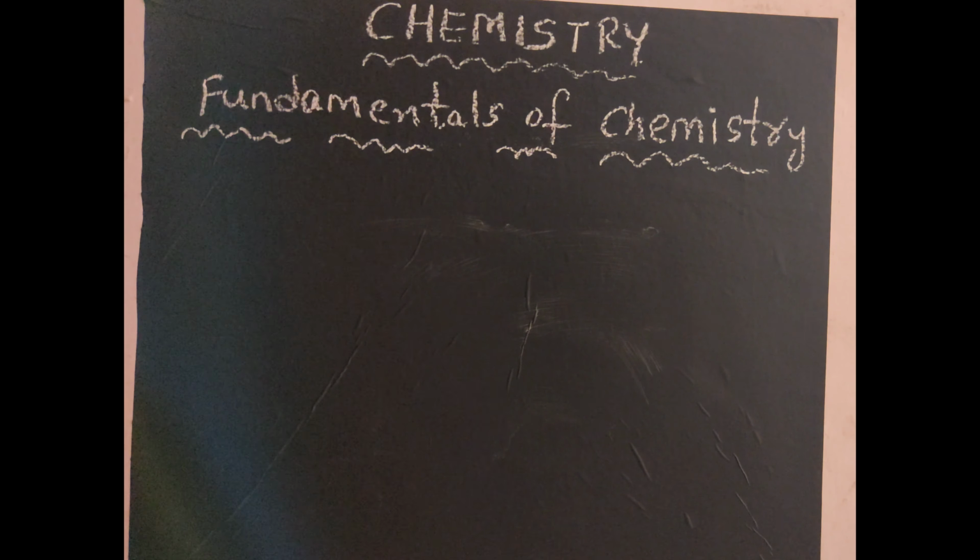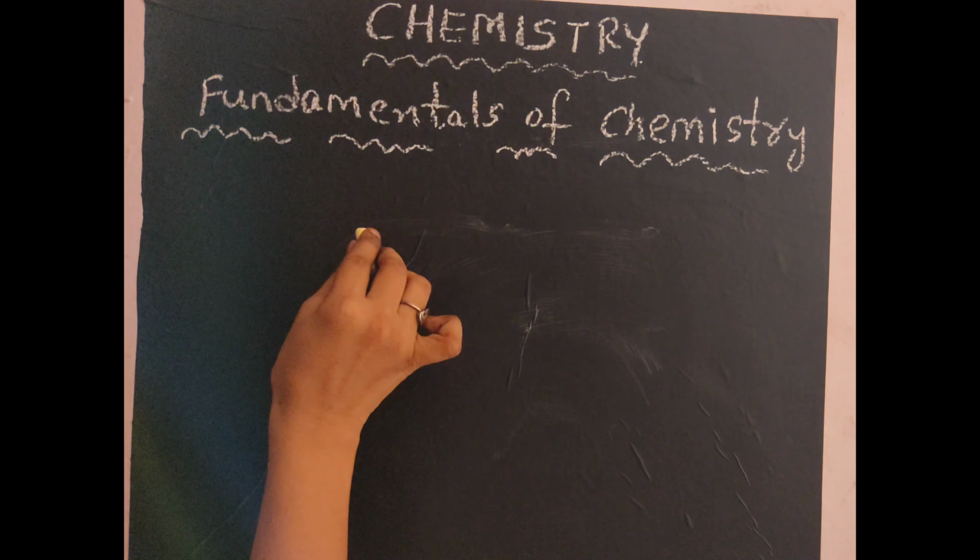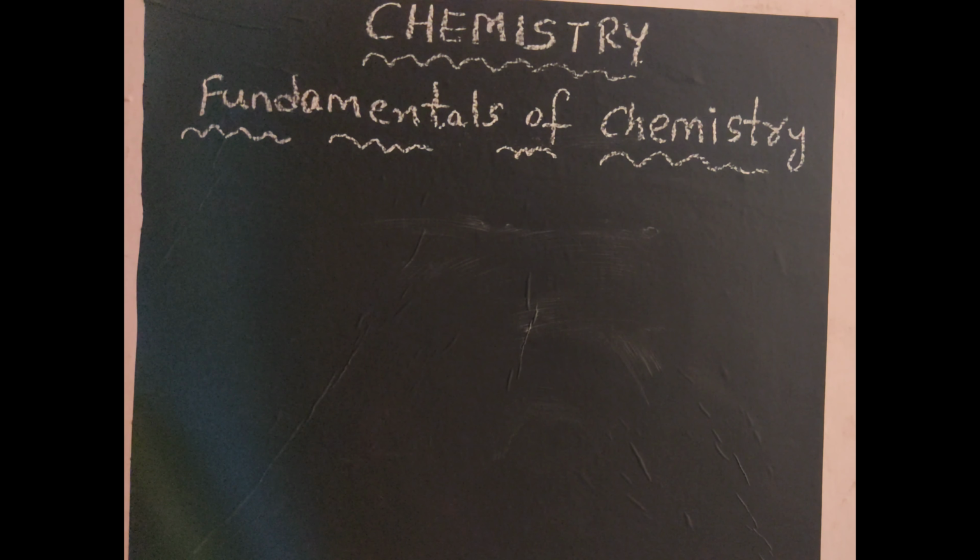First of all, what is chemistry and why do we have to learn about it? Chemistry is not only a school subject, it's an everyday life science. That means you can observe chemistry everywhere around yourself. For example, if you are eating food, what is it made of? It will not come directly from the field to the plate, right? There is some process to convert raw rice into cooked rice. So it involves chemistry. Breathing also involves chemistry, and digestion involves chemistry.